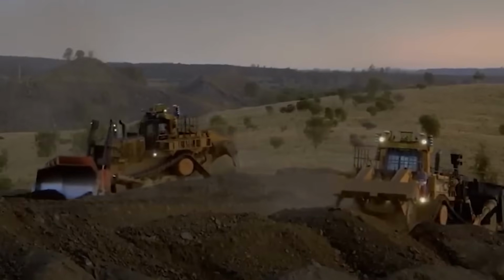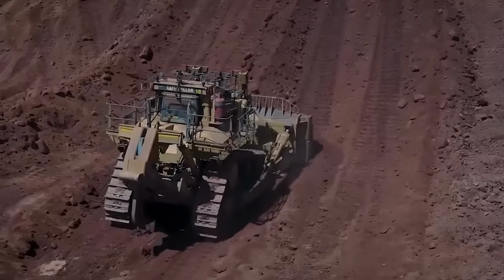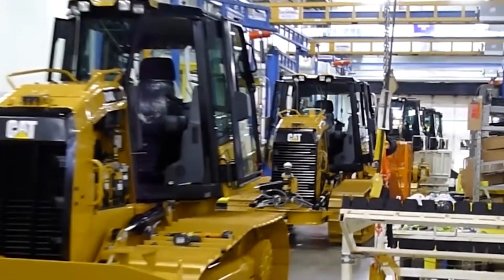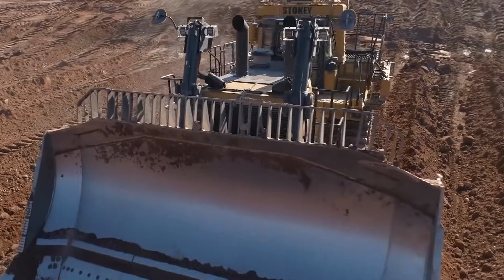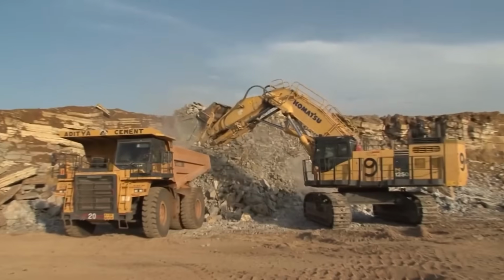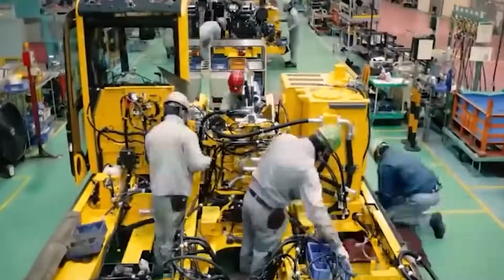The modern Caterpillar D11 is a heavyweight in the construction and earth-moving world, tipping the scales at a substantial 229,800 pounds, that is 104,236 kilograms. Its significant dimensions, including a length of 35.8 feet with blade and ripper, a width over tracks of 10.4 feet, and a towering height of 14.9 feet, ensure it remains stable even when navigating challenging terrains such as mud and snow. Caterpillar's manufacturing facilities have been strategically placed across various continents and regions, enabling them to effectively serve